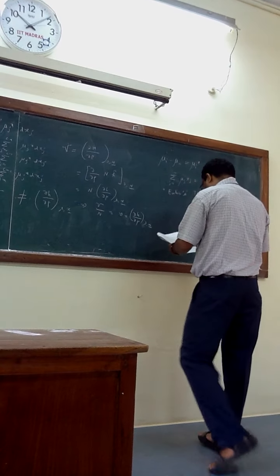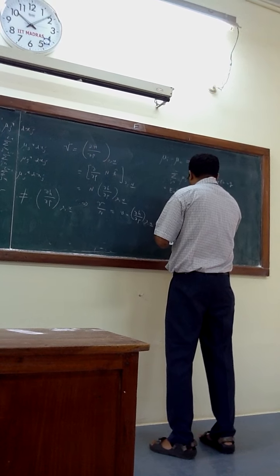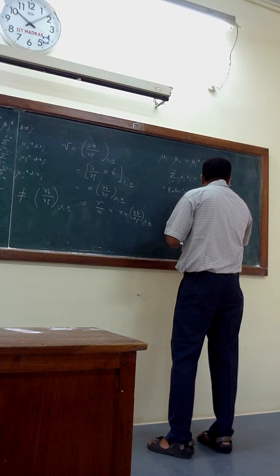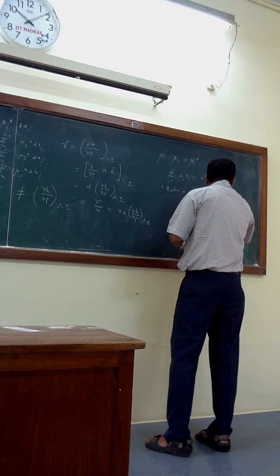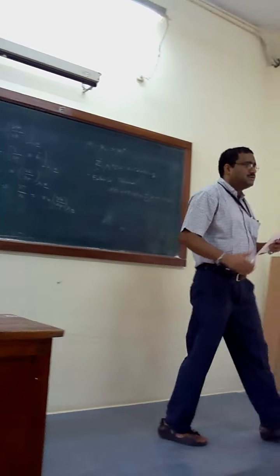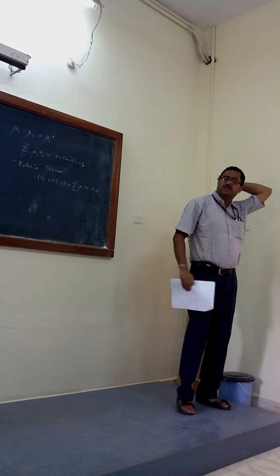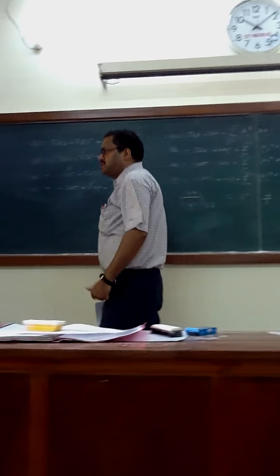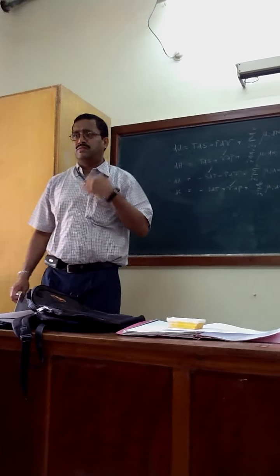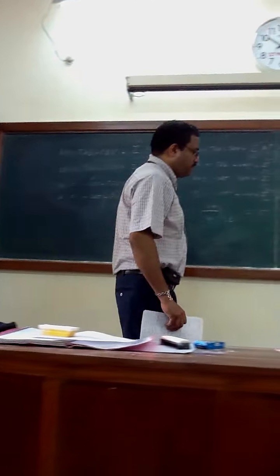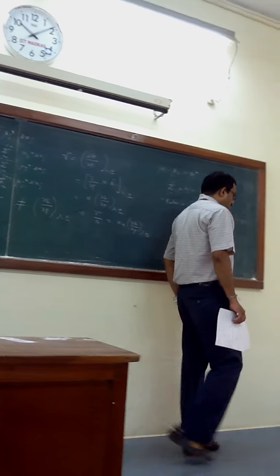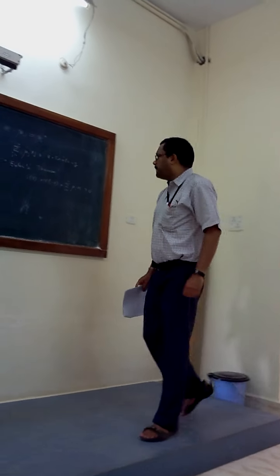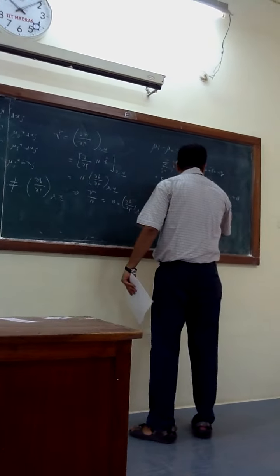Which is ST plus V into minus P plus summation i equals 1 to C mu i n_i equals 0. Correct? From Euler's theorem, for a homogeneous function. We have proved it is a homogeneous function. U is a function of S, V, n1 to nC. We have proved that if you scale by lambda, lambda will be there, so the function is homogeneous. If the function is homogeneous, you can have Euler's theorem, and the order here is one. Euler's theorem always applies. And from here, it is possible to get